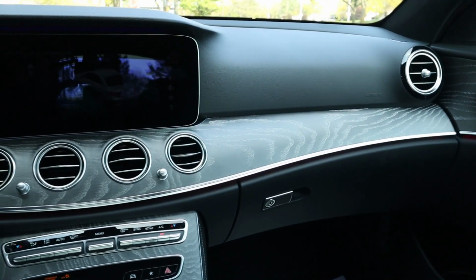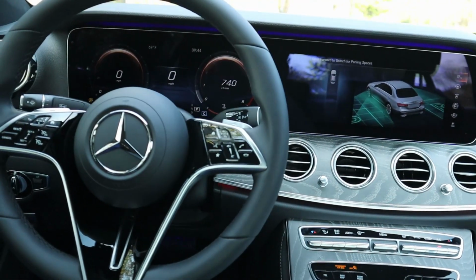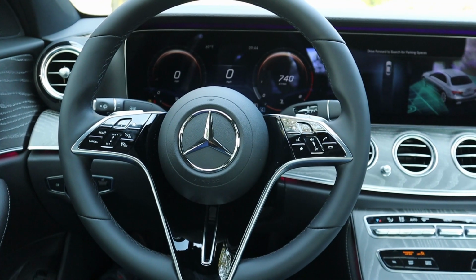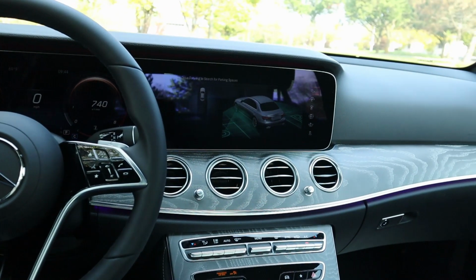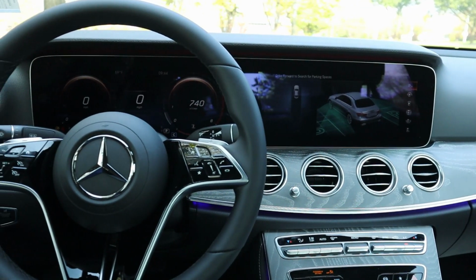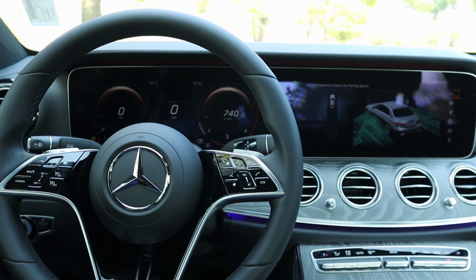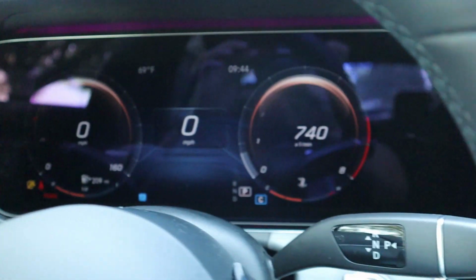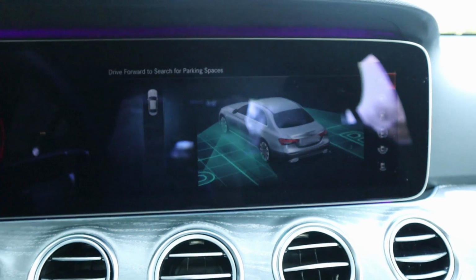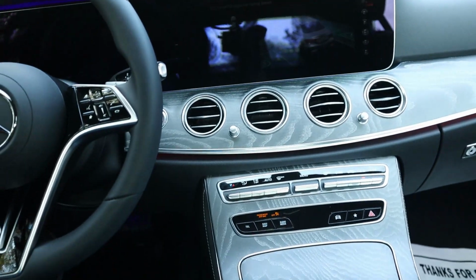Take a look at this, guys. This is the interior of this car. It looks beautiful. It looks rich. It looks classy, but at the same time, it looks like it's a car that's definitely the 21st century. And I always compare everything else to Mercedes-Benz, like Mercedes MBUX. And the MBUX, in my opinion, has been the best digital cockpit so far out of all the vehicles that I've seen. Fully customizable, big, bright displays, 12.3 inch screens. So, great job, Mercedes. And before we take it for a spin, let's take a look at this